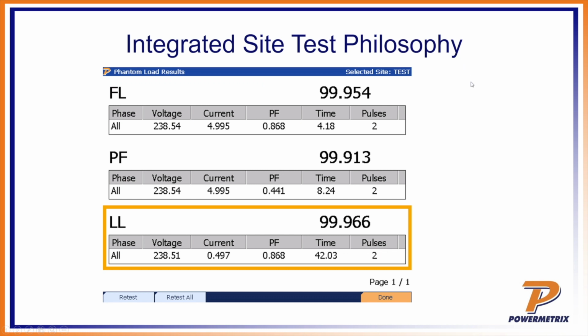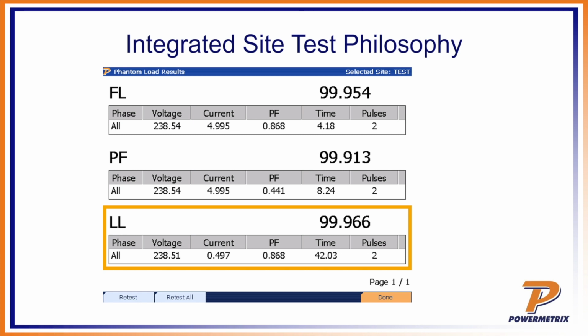We also have the ANSI test. Under full load, what we're looking at is a full voltage, a full current, and a proper power factor. Then we'll do a power factor test. So we change the power factor. We have a full voltage, a full current, but the power factor, look at it, is only 0.441. We adjust the power factor on purpose to see if the meter still measures properly. And here it was at 99.9%. And then we do a light load test. In that scenario, we have full voltage.